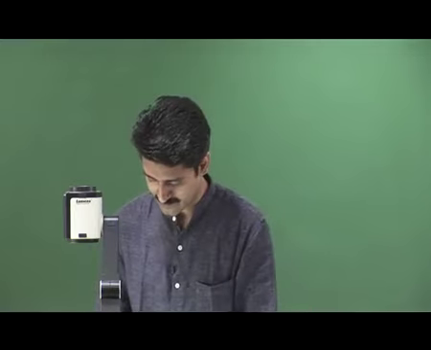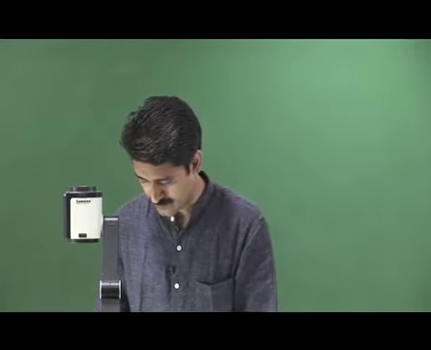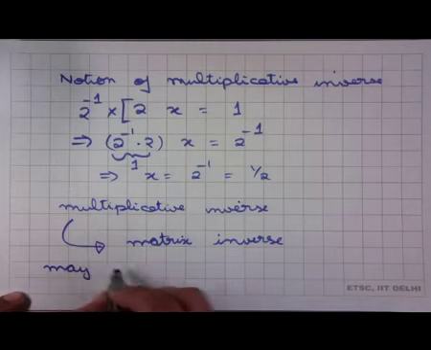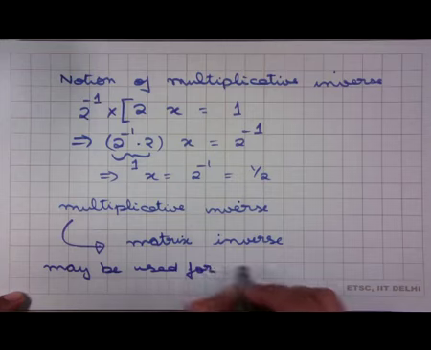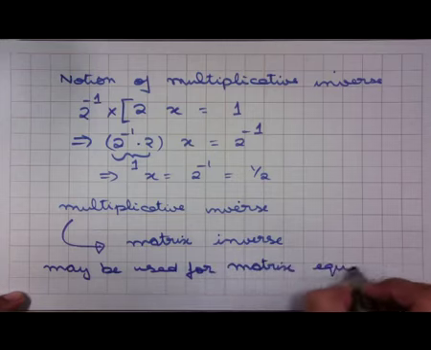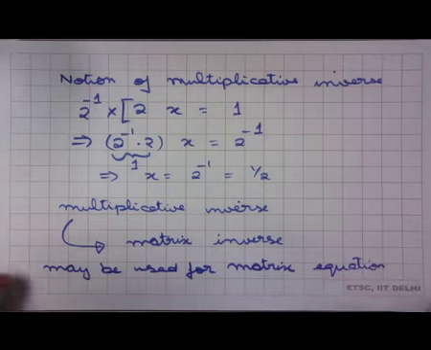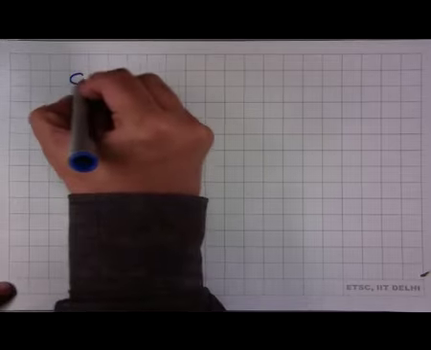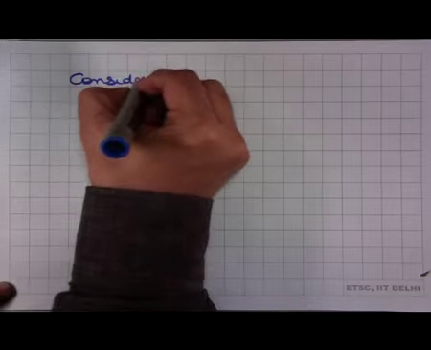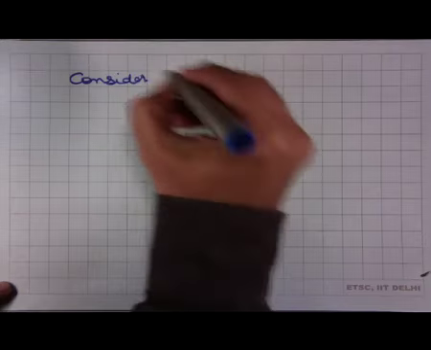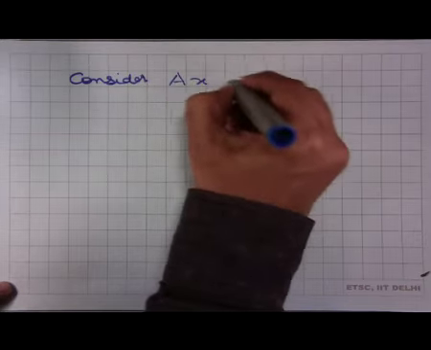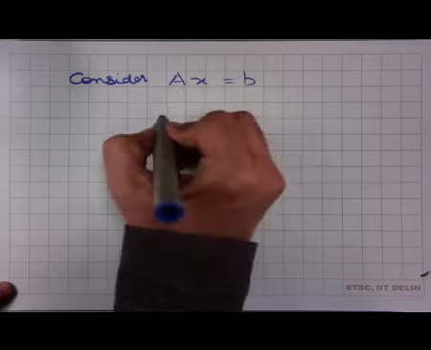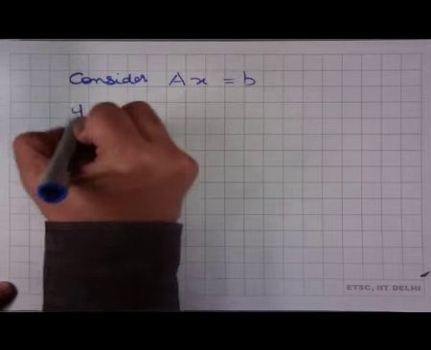So, the matrix inverse may be used for a matrix equation. How? Consider an equation Ax equal to b, where A is a general n by n matrix. If we could find A inverse,